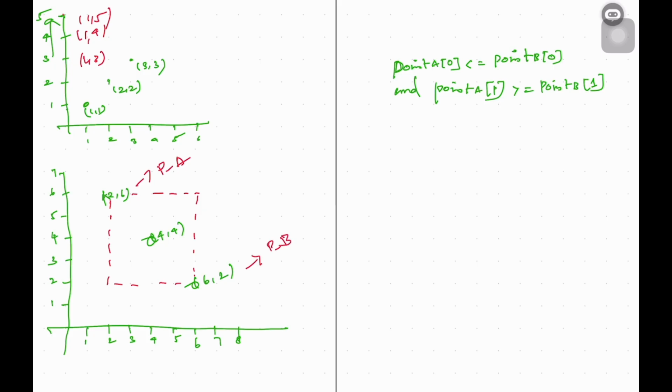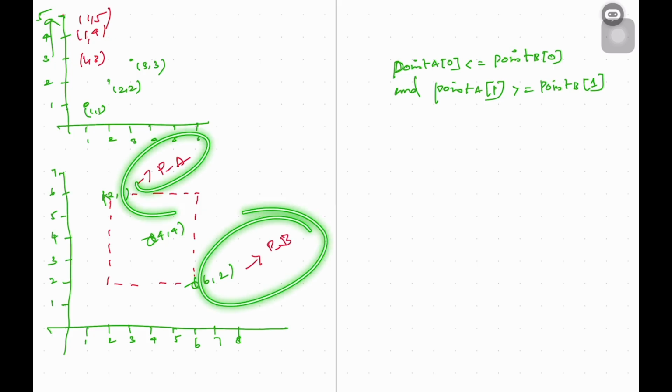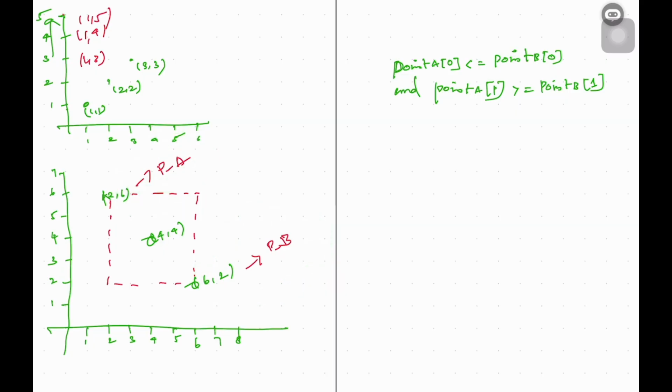Now we have taken this as a point A and this as a point B. Now, how will you figure out if some point lies in between? We can easily know, okay, if this is a point A,